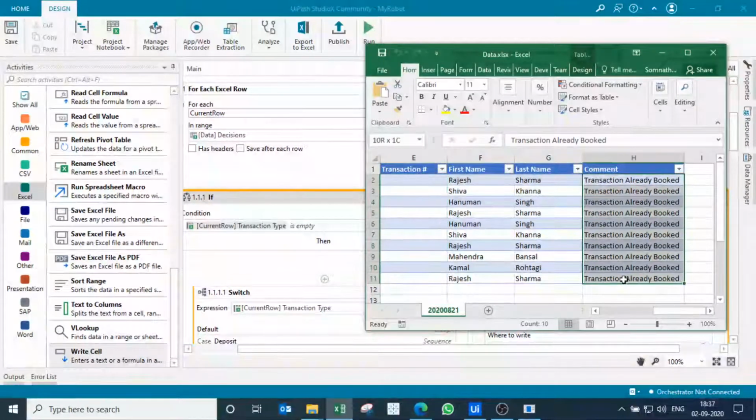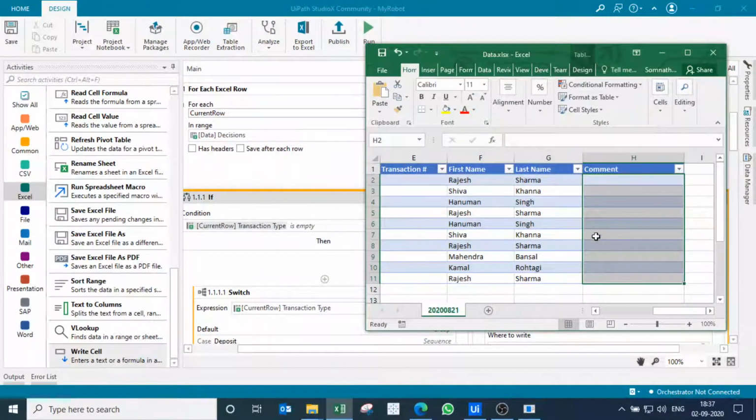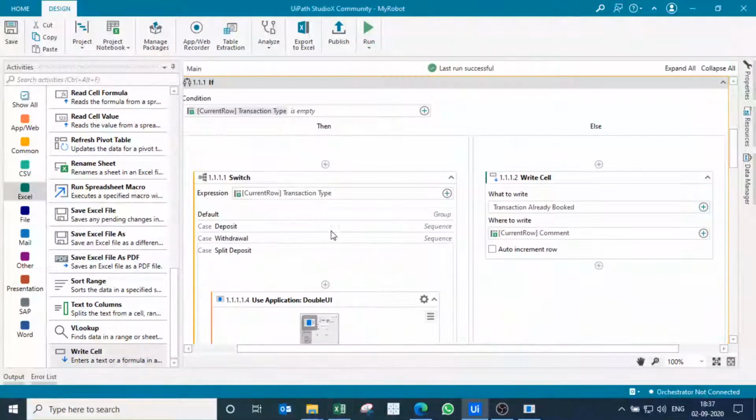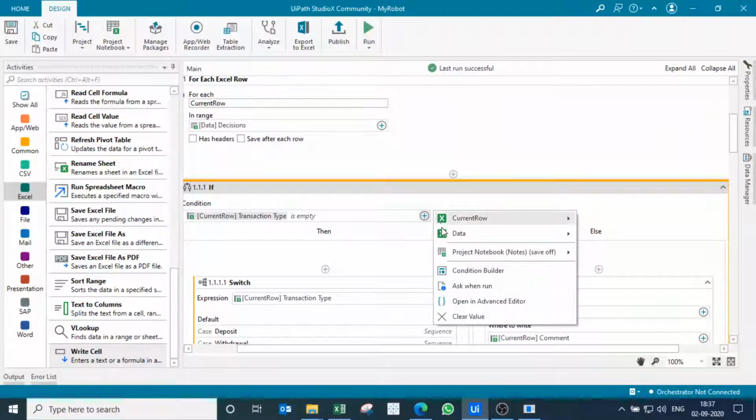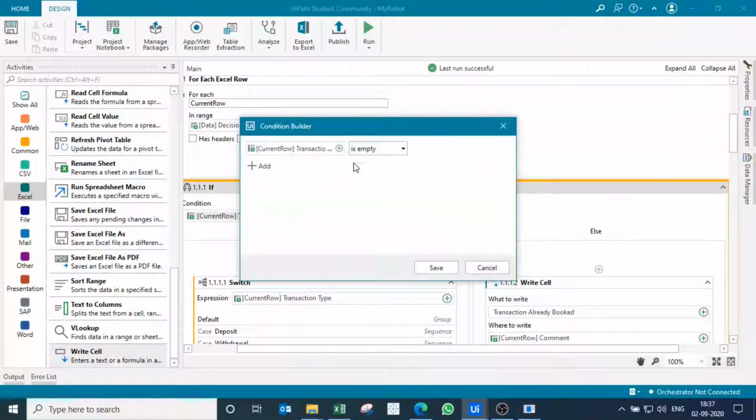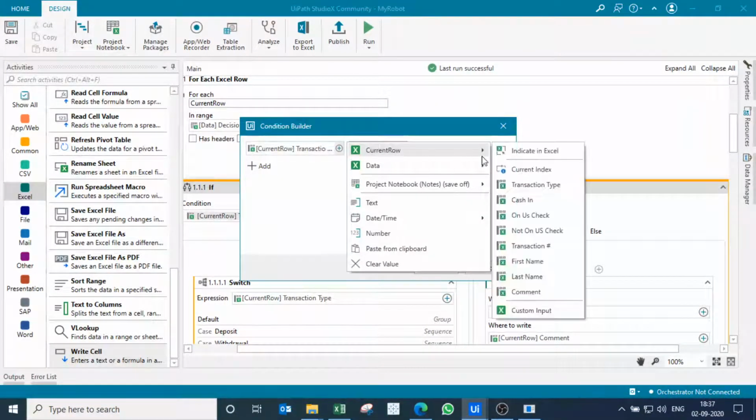So I have made a mistake. So don't make this kind of mistake. So be careful while you are selecting the columns. So let me rectify my error by going into the condition builder, and from here we can select the